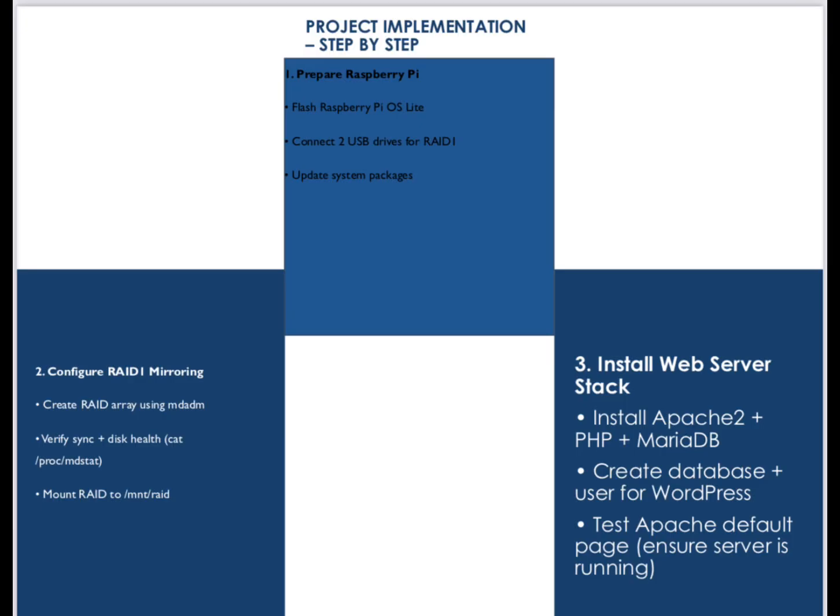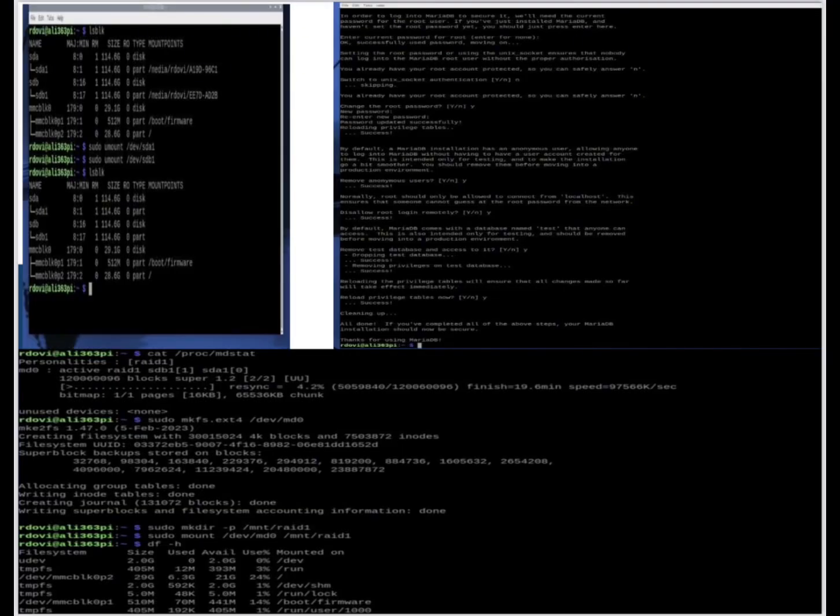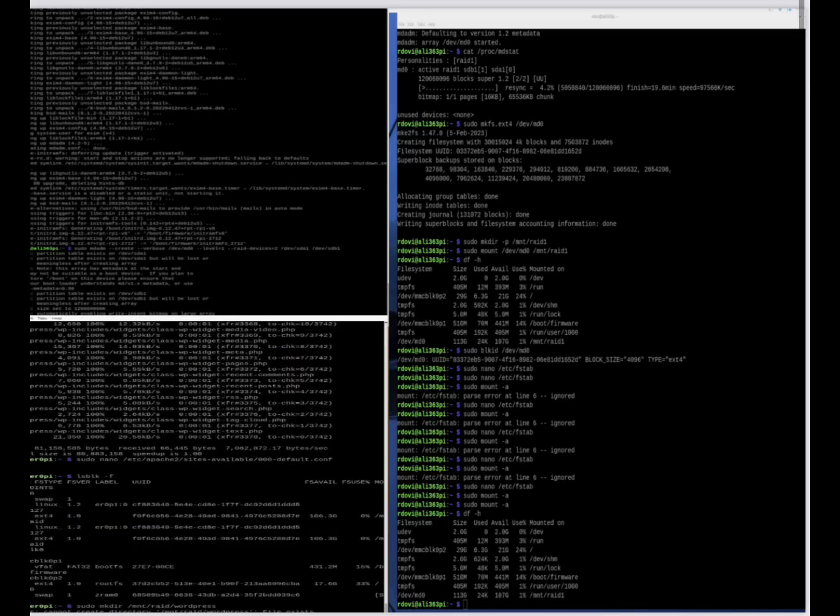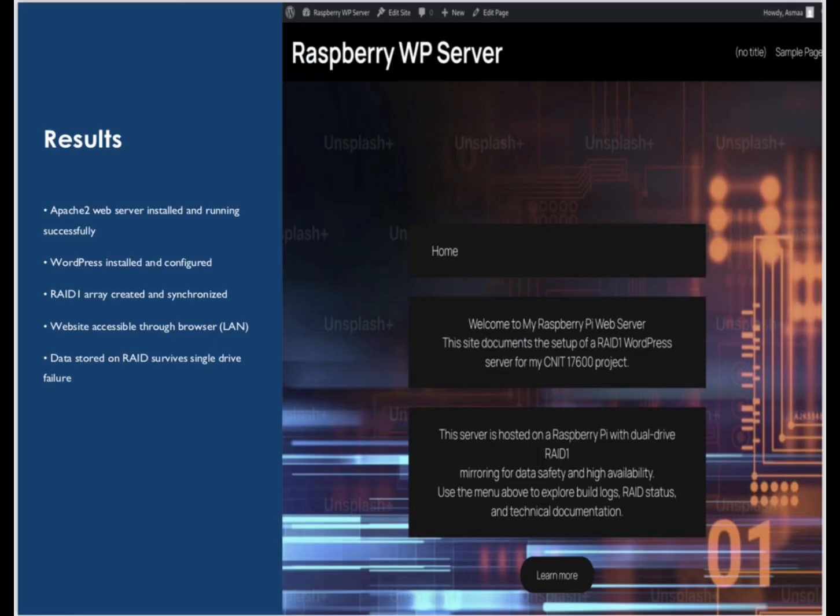Procedures: 1. Installed Raspberry Pi OS. 2. Installed Apache, PHP, and MariaDB. 3. Created RAID1 with 2 USB drives. 4. Installed WordPress. 5. Moved WordPress files to RAID for redundancy. 6. Result: